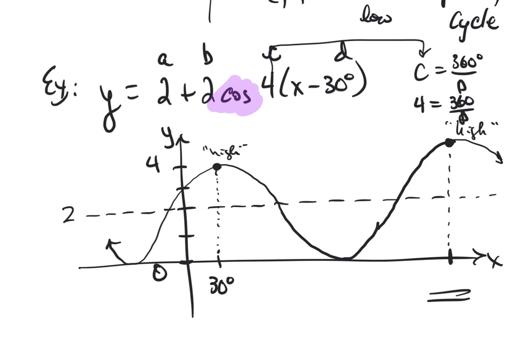And when I put in 4 and cross multiply, we'll find that the period value is 90 degrees. So from our starting point to where we finish a complete cycle, it takes 90 degrees. Where did we start? We started at 30 degrees. So if I started at 30 degrees and I travel 90 degrees to the right, I then finish my cycle